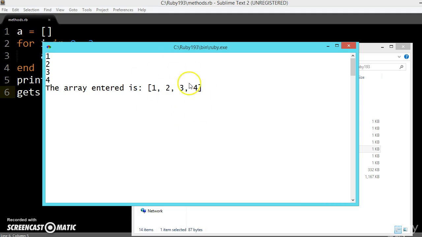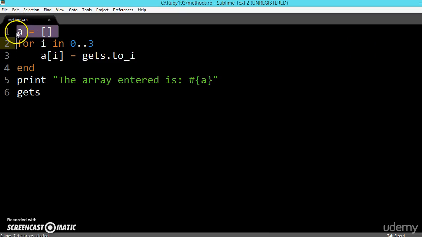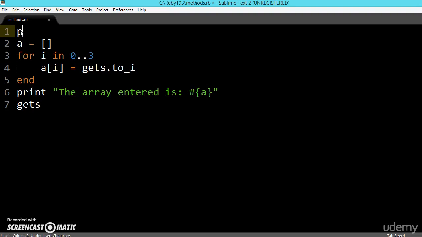Now once we have got the array or list, we can play around with it. You can use it for addition, subtraction, or anything. You can get the names like this or anything else. Let us make it a little bit clearer, and we put here enter the elements of array.